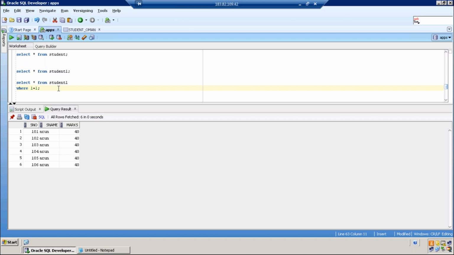From the table, I'm not sure, but the condition 1 equals 1 is yes. When the condition 1 equal to 1 is true, you get all the rows. 1 equal to 2 condition is false. No rows.